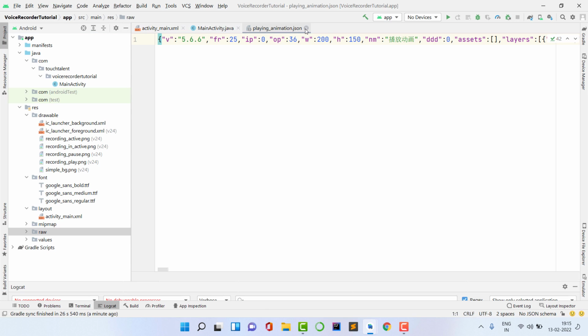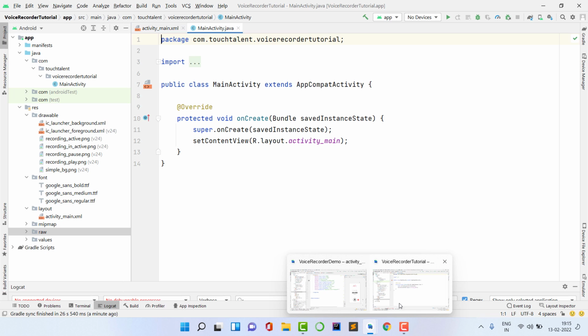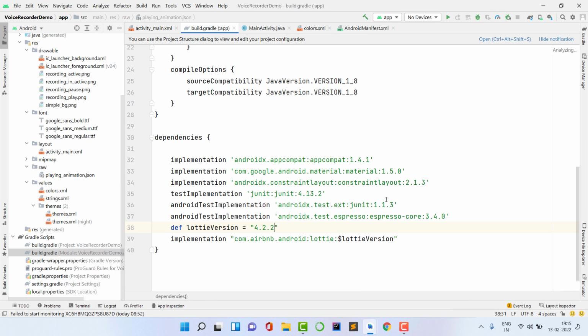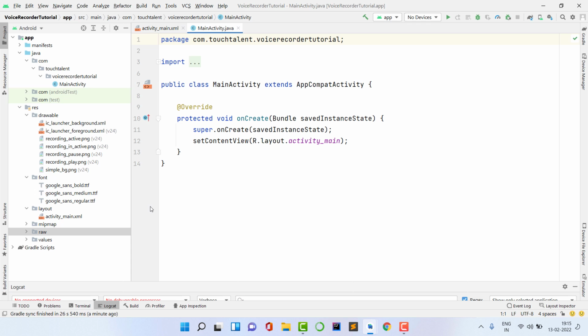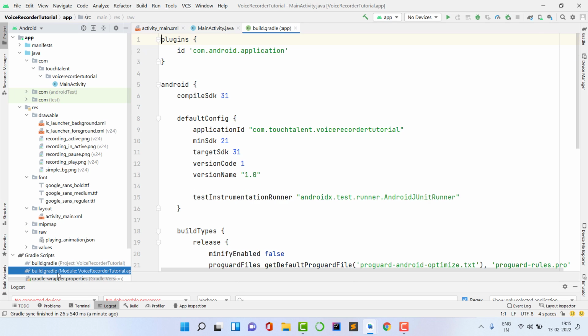Now you can see the Lottie animation file is placed here successfully. Now open this project again, and we need to add the dependency of Lottie if we want to use Lottie in our project. So Control C. It is your choice whether you want to use Lottie or not. So now paste this Lottie here